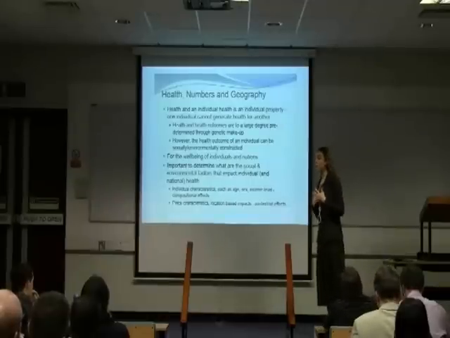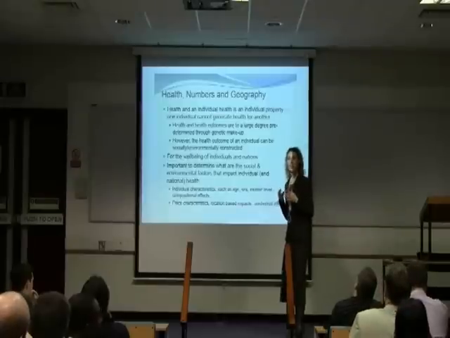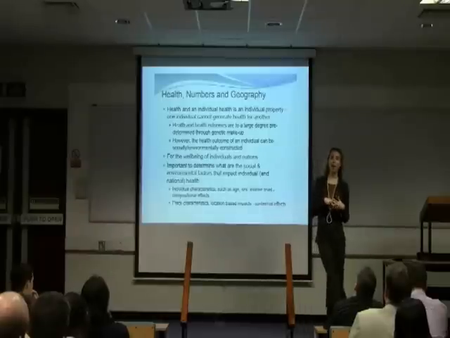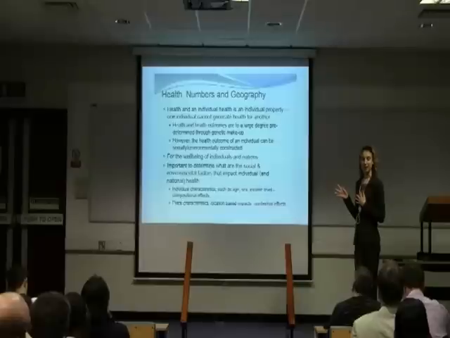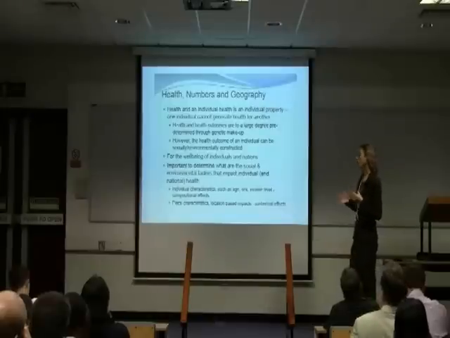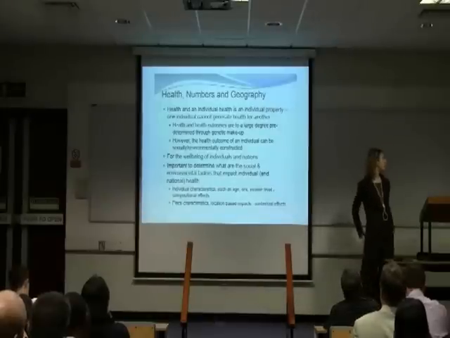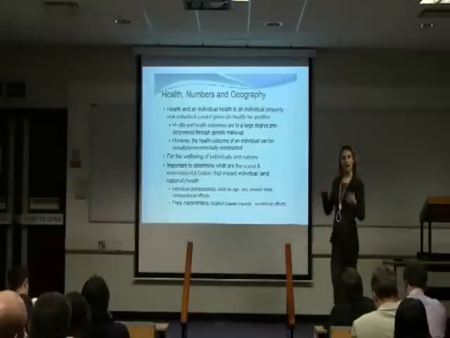And one of the ways in which one can ensure that data is robust or even available is through quantitative methods, either using data that's there, which would be great, or simulating your own data. So just a little bit of background in terms of health numbers and geography and how they all